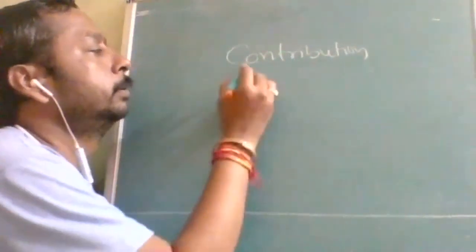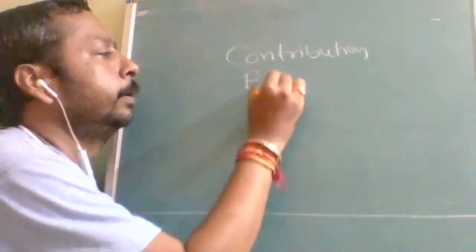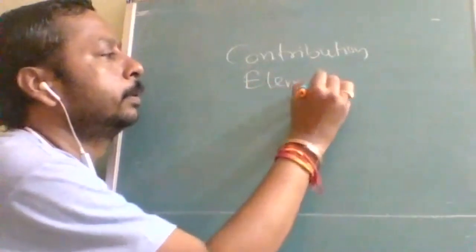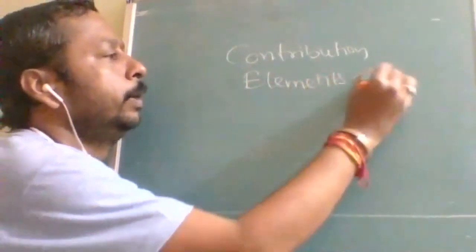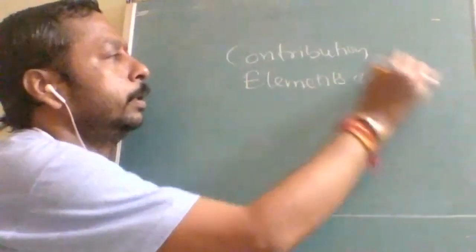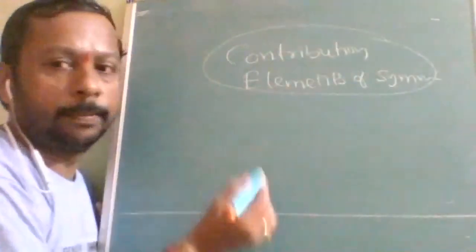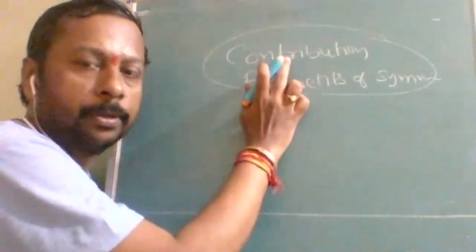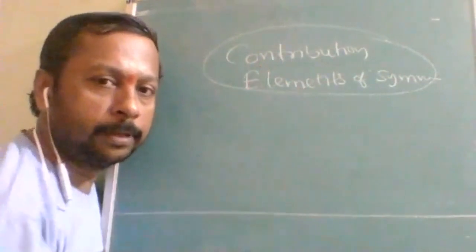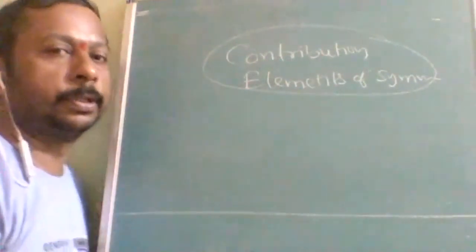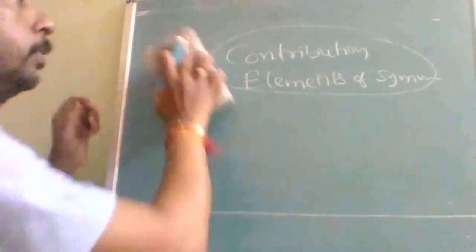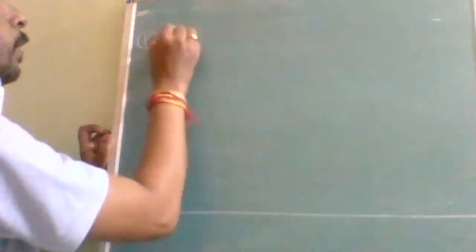Contribution and elements of symmetry. These are the two topics covered in the previous lecture. So based on this contribution and elements of symmetry, we are going to do some questions. We are going to do some questions on the contribution. Now write down: derive